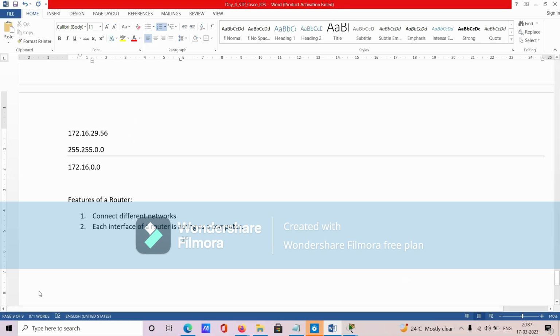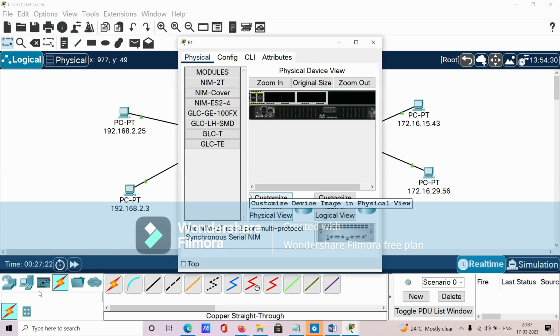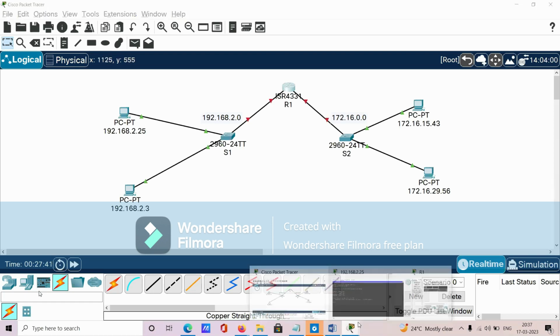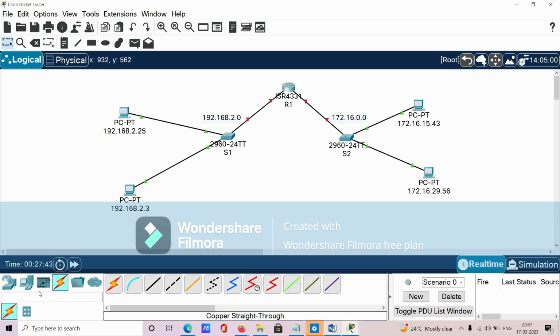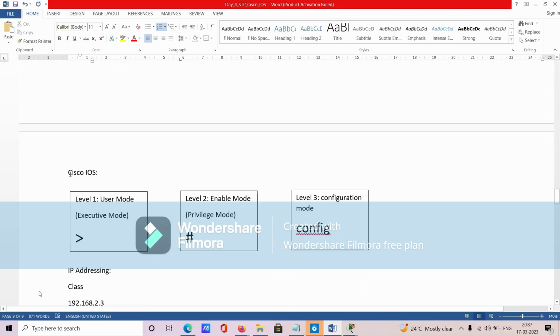ठीक है, यहाँ देखिए, let's focus on the interfaces. So I click on a router. By the way, let me explain to you about the router. So as switch has its own operating system, isn't it? Yesterday only we have learned कि switch के अंदर जिस तरह एक operating system है, उसी तरह router के अंदर भी एक operating system है, ठीक है? और वो operating system कौन सा है? वो operating system Cisco iOS ही है।